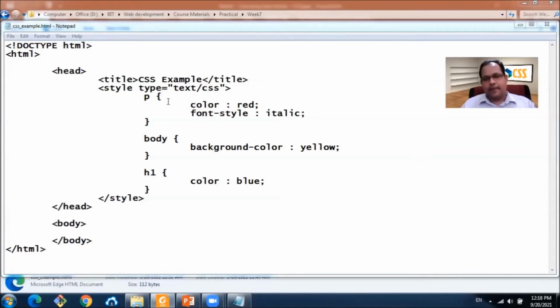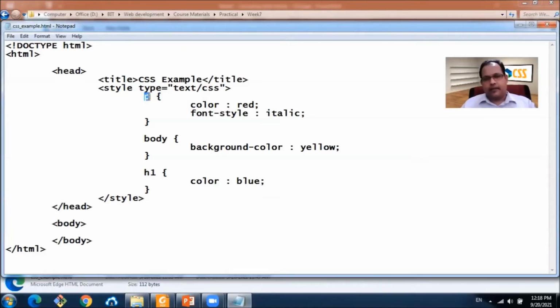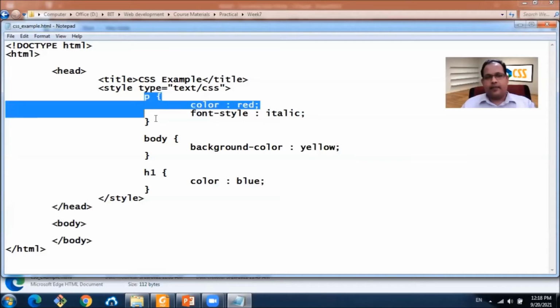You can see here we have the selector, where we select the element to apply these styles. For example, in this case, this body is the selector and this is the style. In the style, this is the property and this is what we call the value. So there are property value pairs for each style applied for an HTML tag.